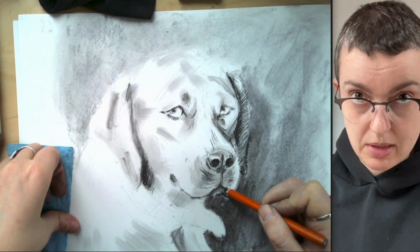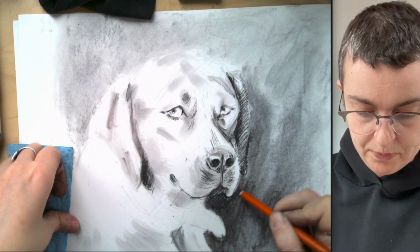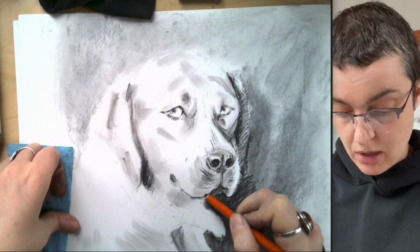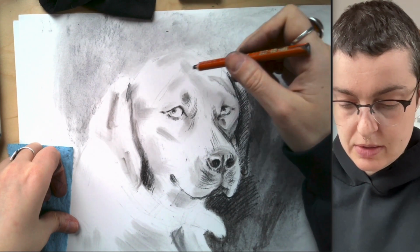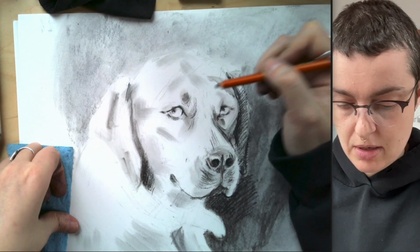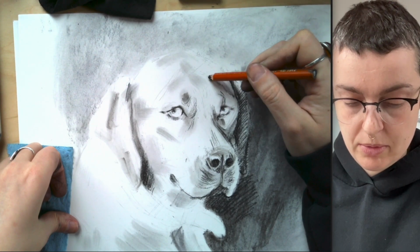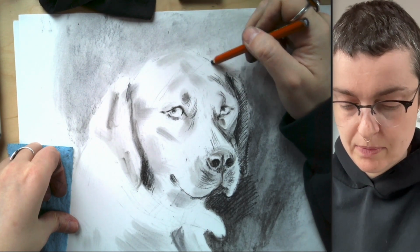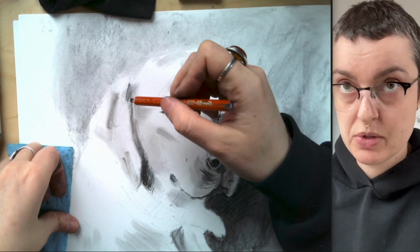And the one thing that's really nice about the charcoal pencil versus the other forms of charcoal is that it allows you to have a lot more control with what you're drawing. So if, as you're watching this, the initial steps of this drawing were really freaking you out, where I erased all of my pencil marks and had everything be super loose for a while there,